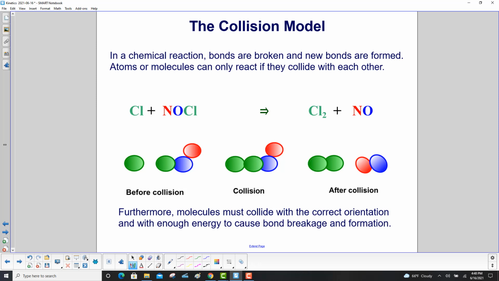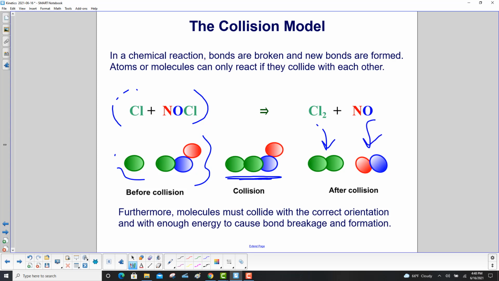In a chemical reaction, bonds are broken and new bonds are formed. Atoms or molecules can only react if they collide with each other. So here we have chlorine plus nitrosyl chloride, and this is before collision, nothing's happening. Then they collide, and they can have a reaction which then forms chlorine gas plus nitrogen oxide. Furthermore,